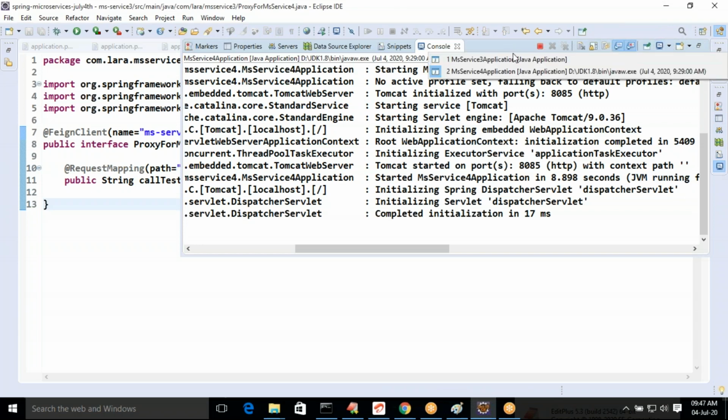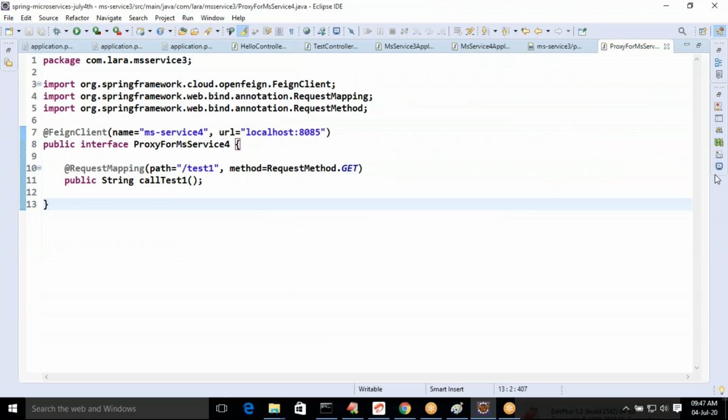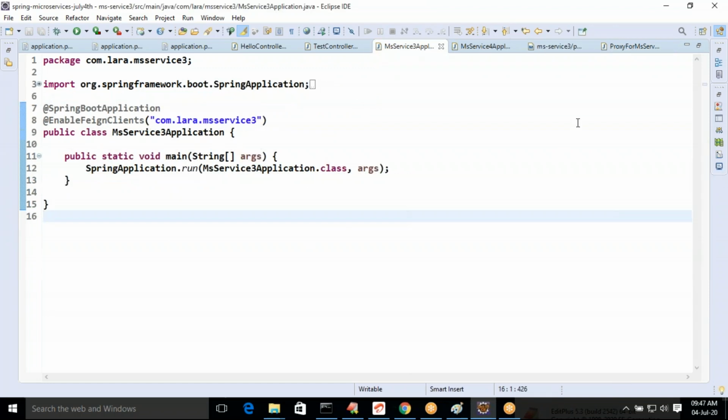Select MS Service 3 and stop it. Go to the application class of MS Service 3. This is the application class. Try to run.